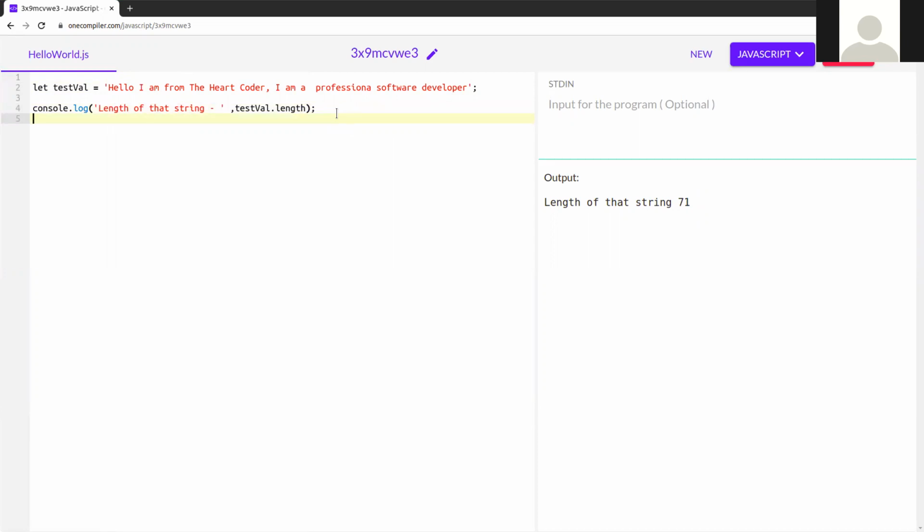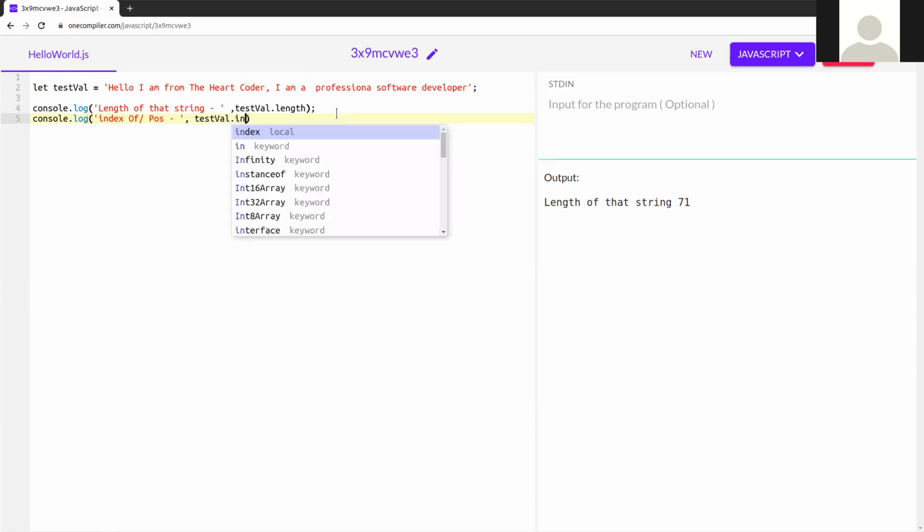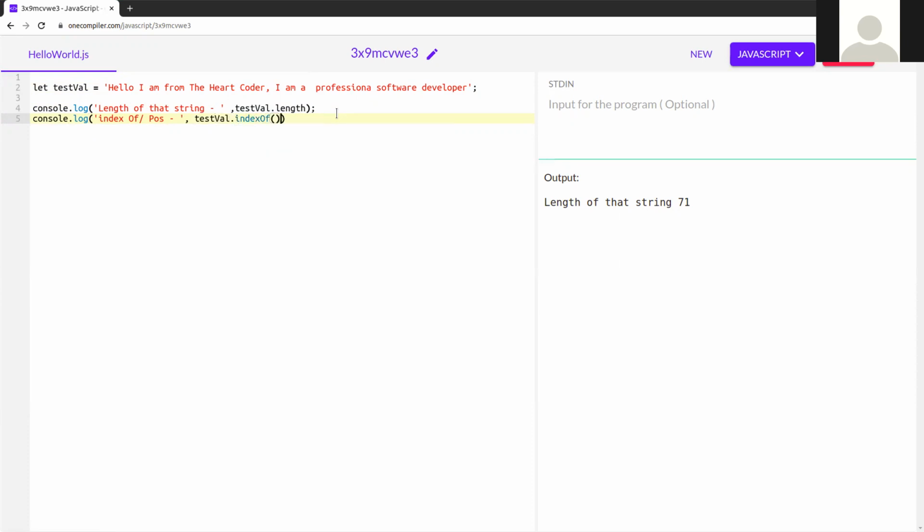Next is indexOf. We can find the index number, the position, of a substring or a character. For that we use the indexOf method. So console.log, testVal, that is the variable name, dot indexOf.